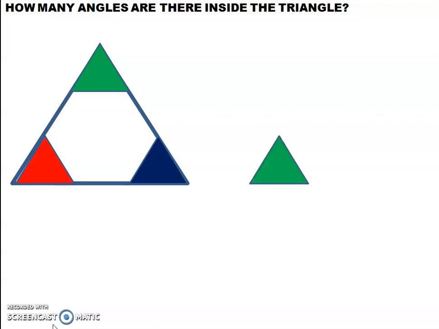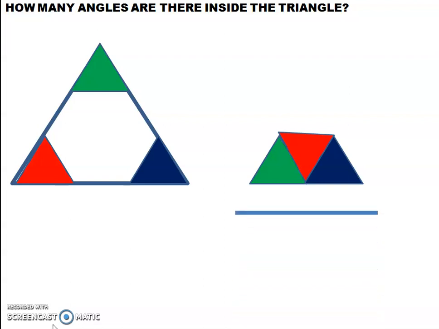Let's see. Okay, which triangle is this? This is the triangle coming from the first angle. What about this triangle? This is the angle coming from the second one. And this one, the third angle coming from here. Now, what happened when you joined all the 3 angles? It formed a straight line, isn't it? When you combined all the 3 angles of a triangle, it formed a straight line. It lies on a straight line.